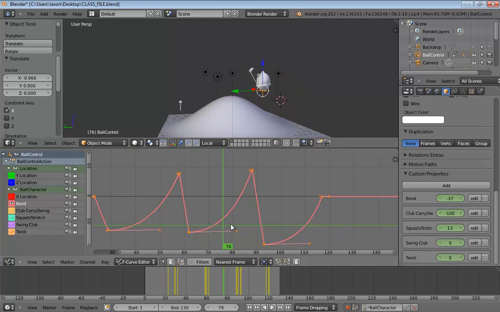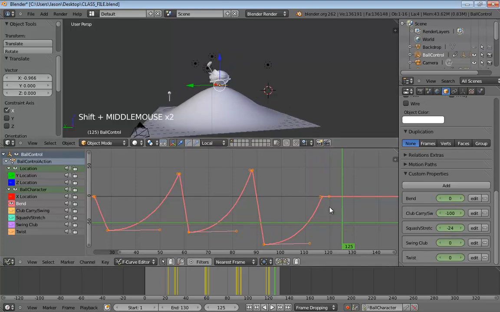So now he really is starting that initial kick right before he hits the ground and hurling himself up into the air. And really, that's all there is to it. We now have a very nice bounce that gets us all the way up to the top of the hill. And we're ready to move on from here.